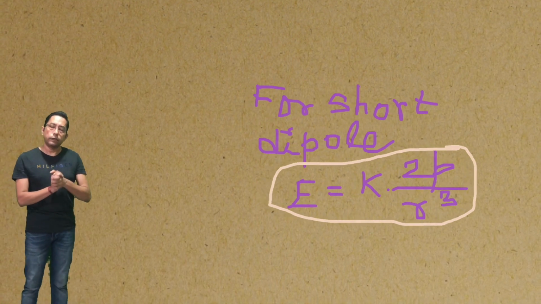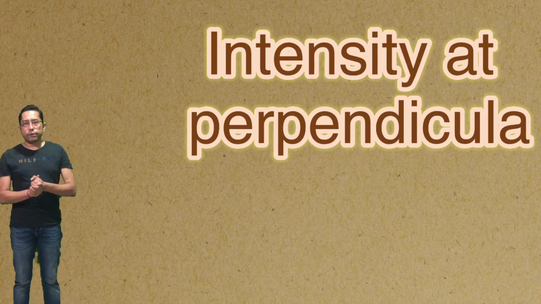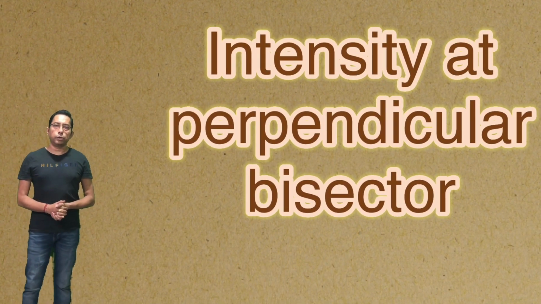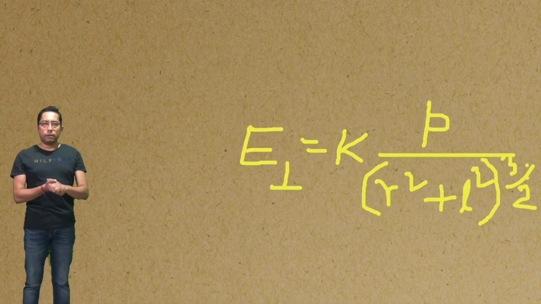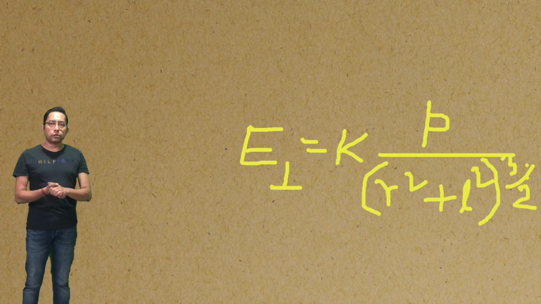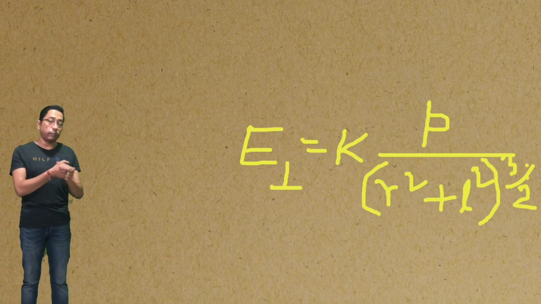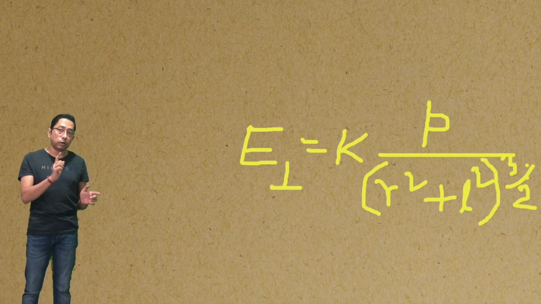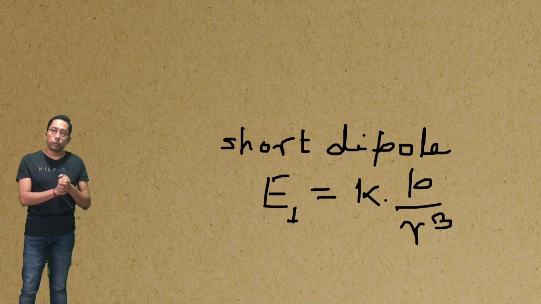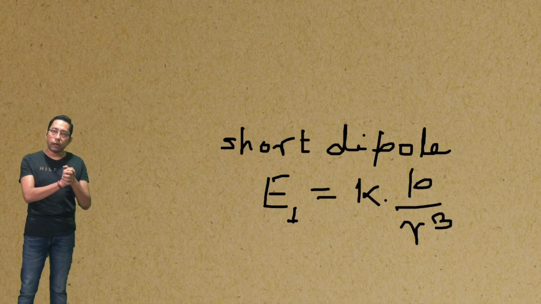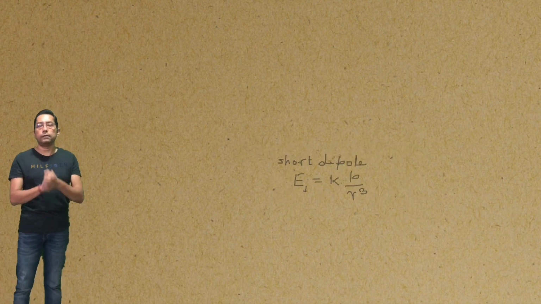We put 0. Then came the formula of electric field intensity at a perpendicular bisector position, where the formula came to be E equals K, P divided by R square plus L square whole to the power 3 by 2. Now remember here, R square plus L square and power 3 by 2. It also had a special case where for a short dipole, its intensity was given by K P by R cube. Half of that was at the axial position. Now try to remember those formulas, write them down, and I'll suggest to derive those formulas before you start Gaussian